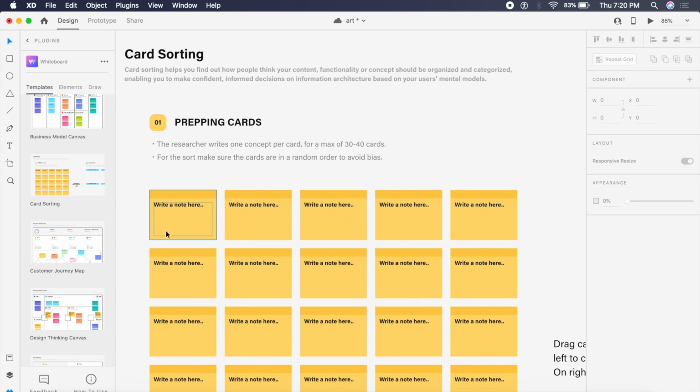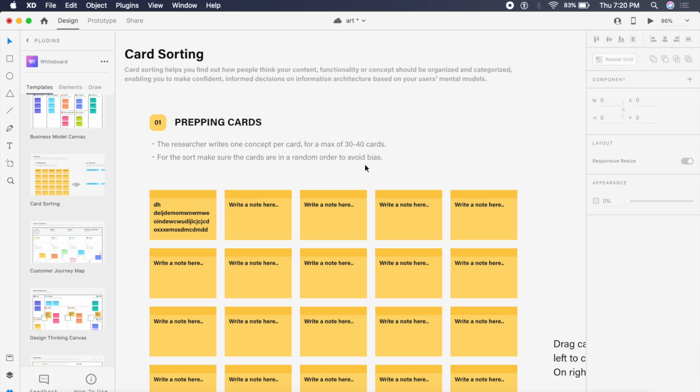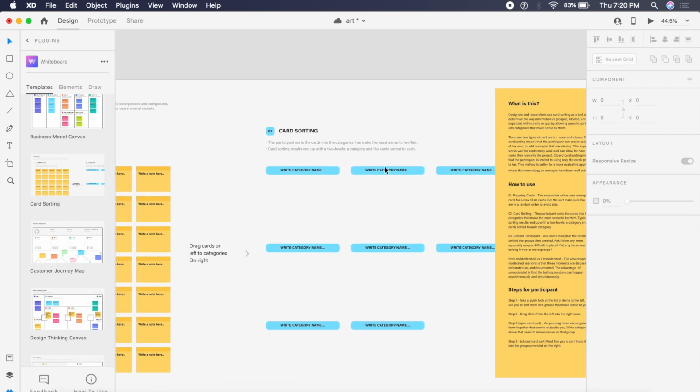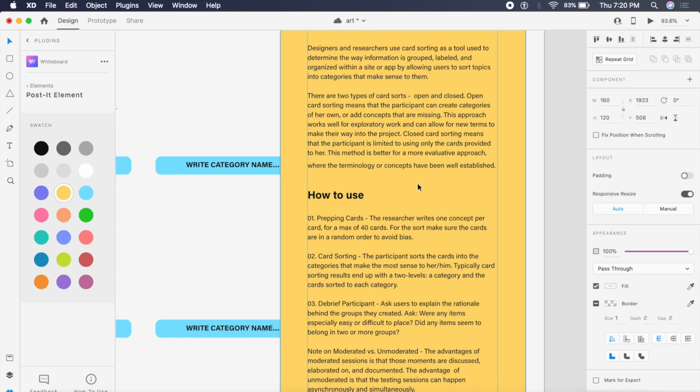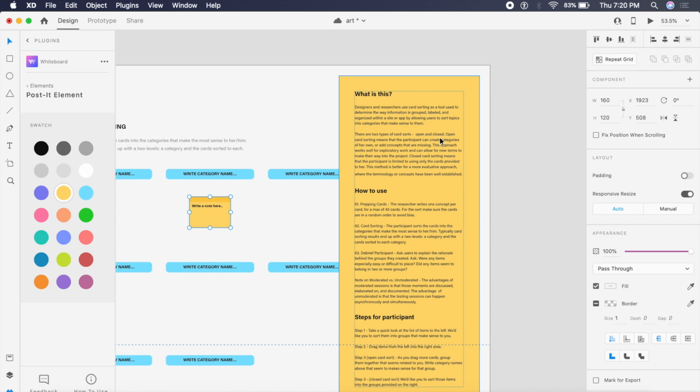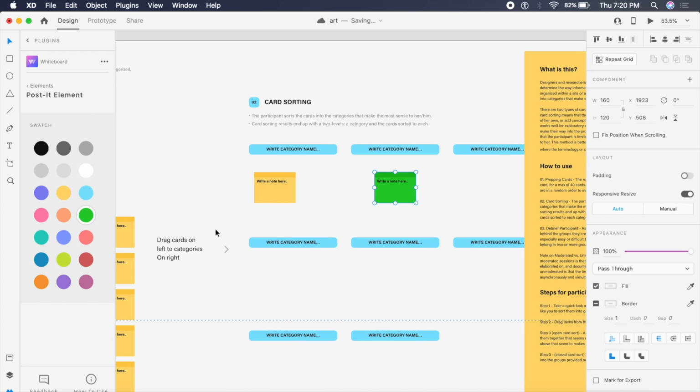So we have all our cards, we can write inside here whatever we want to write, and it does stick just like that. And it can overflow, so try not to do that. Apart from that, it also has this card sorting board here, so we can just drag and drop wherever we like. And they've given a really cool explanation. So if you're a beginner in UX design, I think this will be really cool to study how all the different sort of whiteboard activities work. And as always, you can change whichever color you like. You can just pick the color from here.